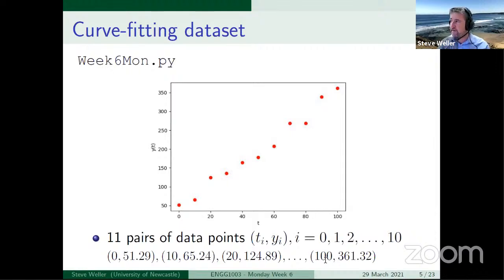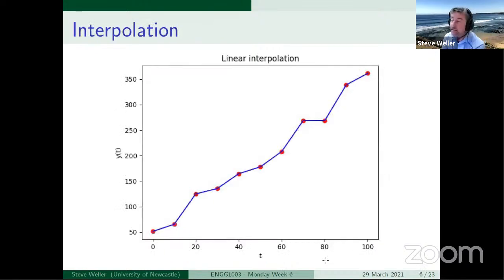So let me give you a visual representation of what interpolation looks like. This is one form of interpolation known as linear interpolation. And before today's lecture finishes, you'll be able to reproduce in Python what you see on the screen now. With linear interpolation, we literally join the dots with straight lines. So if we wanted to estimate the Y value at time steps between the red dots, we would simply join those red dots with a straight line